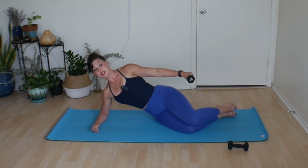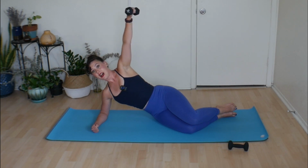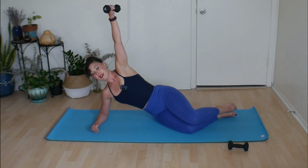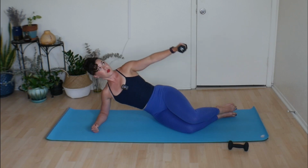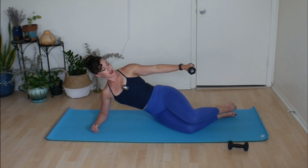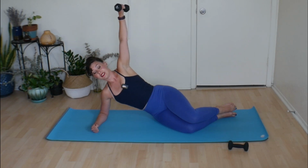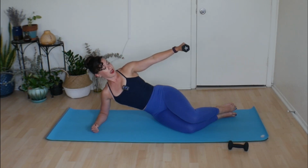Extend the arm a little longer. Roll the shoulder back. Lift out of the waist a little bit more. Slide the hand up. Exhale, tone the tummy, pull it right back down to starting. Inhale, slide it up. Exhale, cinch the waist. Evenly bring it down. 3 more, lift, pull it right back down. 2 more, lift, pull it right back down. Last one, bring it down, pause, take a big breath, and then take it in front of you and set